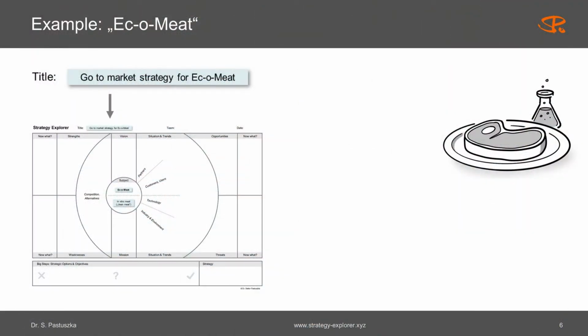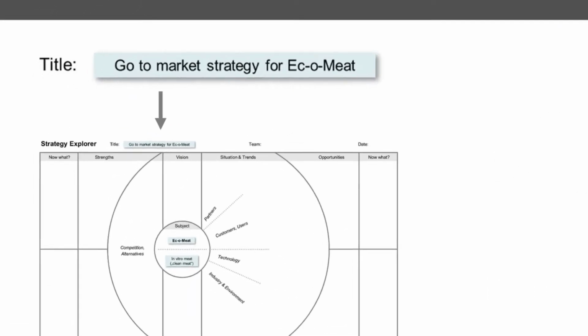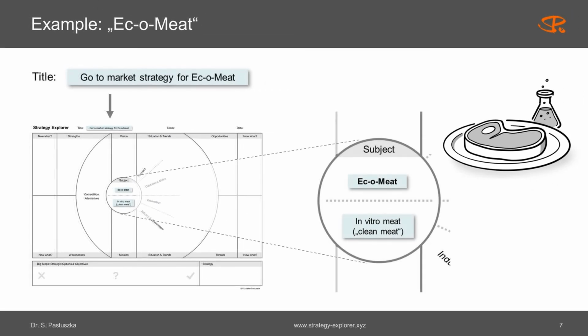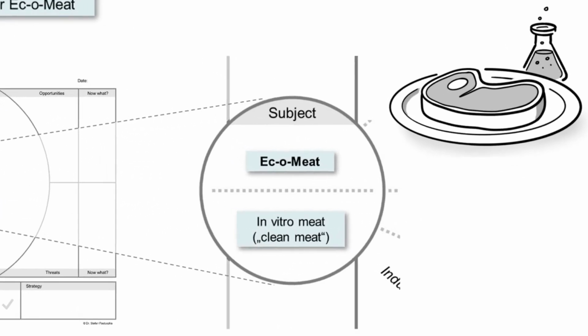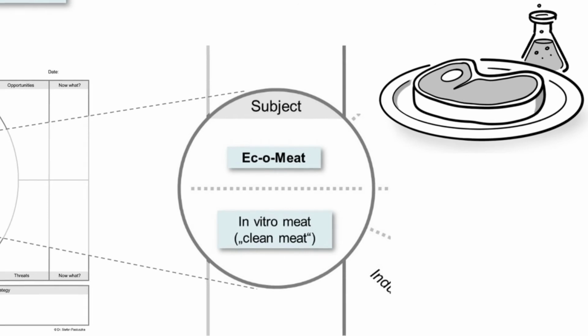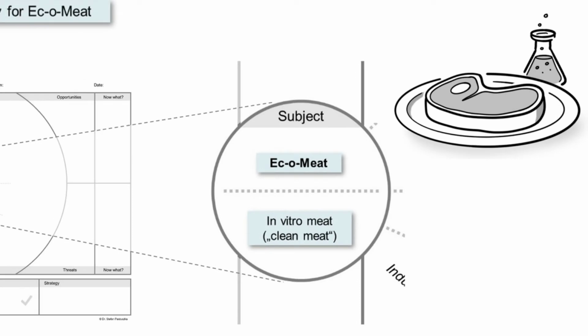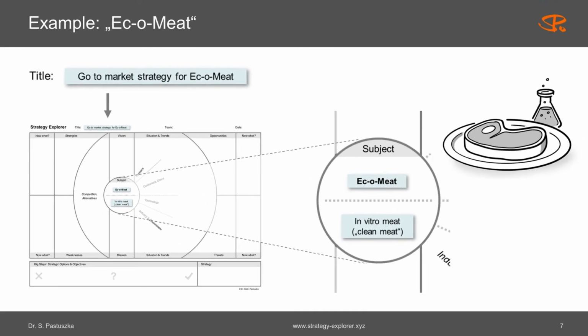First, we need to define a title for the strategy development. This is fairly easy, because our intention is to create a go-to-market strategy for EcoMeat. As the subject, we define EcoMeat, the product for which we will develop the strategy. Straightforward. The offering simply is in vitro meat or clean meat. Obviously, EcoMeat will be in competition with other alternatives that customers have. That includes classical farmed meat, but also vegetarian solutions and, of course, the products of other clean meat producers and